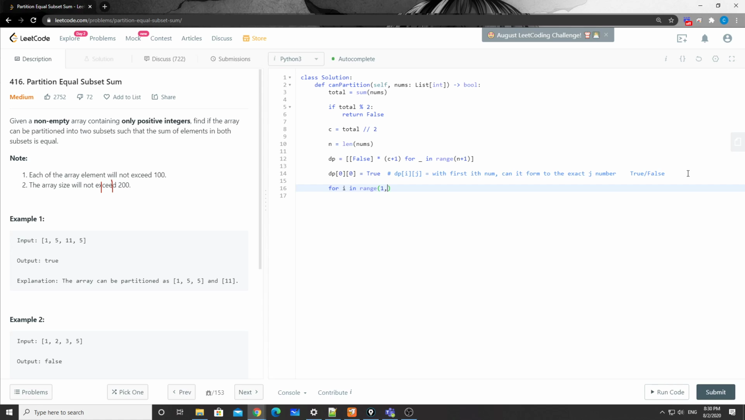In this case, it's going to be 1 to n plus 1. That's the numbers. And the second one will be the capacity, right? The capacity is from 0 to capacity plus 1. Okay, and then the first case for 2D is always not taking the current item, or the number in this case,